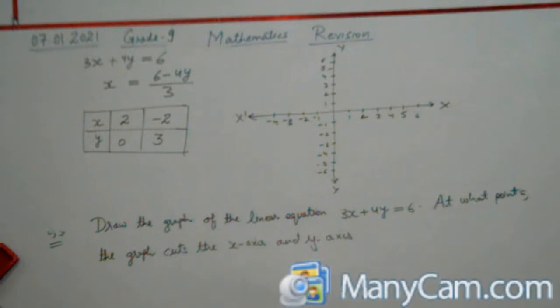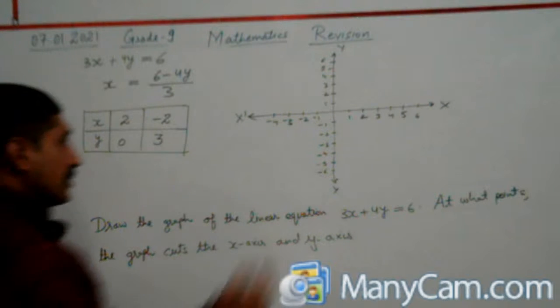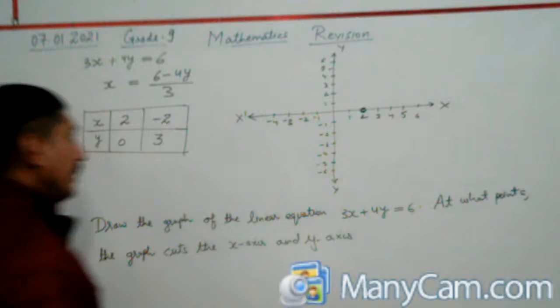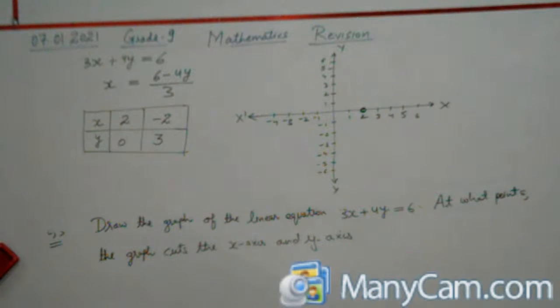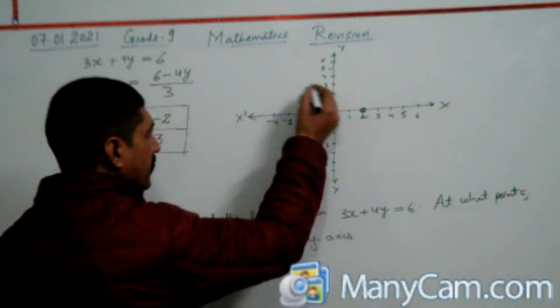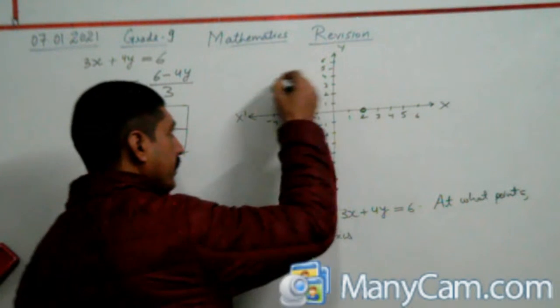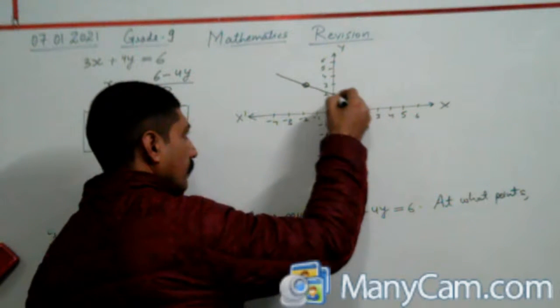So here we have to plot these 2 points. One is x 2 and y 0, this point here. Another point is x is minus 2 and y is 3. So when we join them,